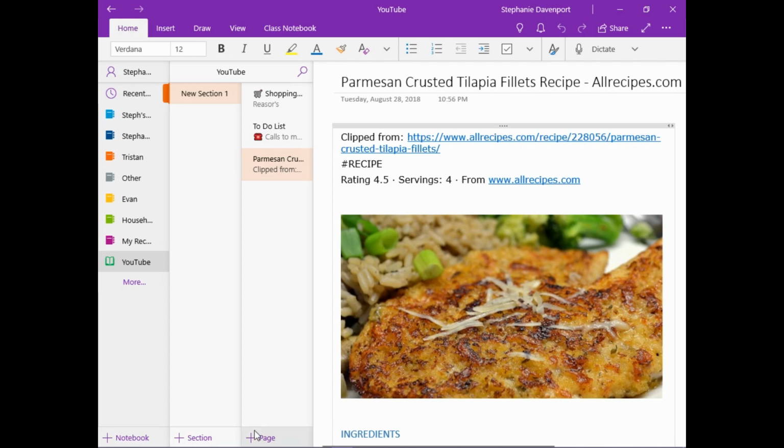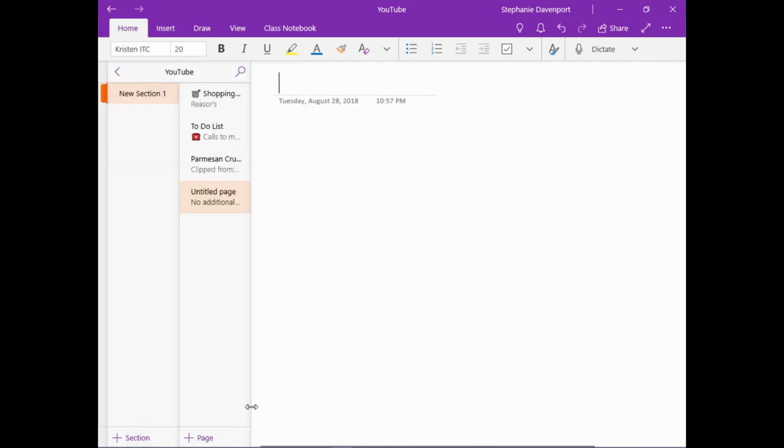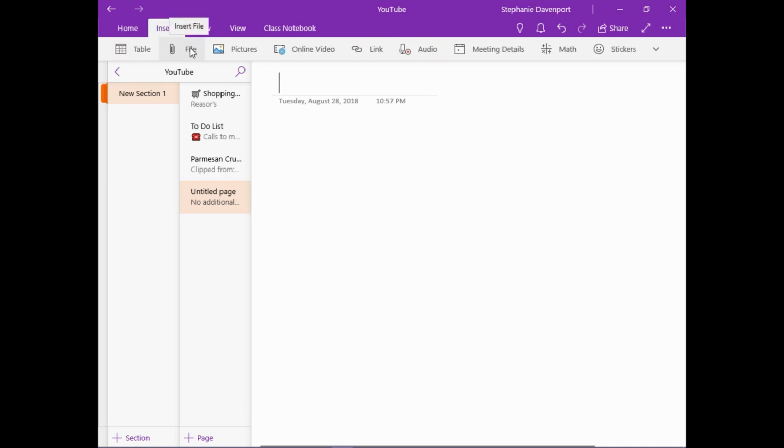Okay, so I'm going to add a new page. I just click down here on add a new page, and you can see it populated a new one. So you can insert different things. You can insert a file. I'm going to go down here and insert